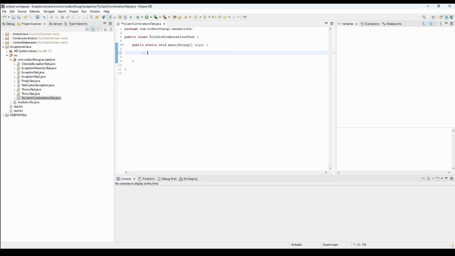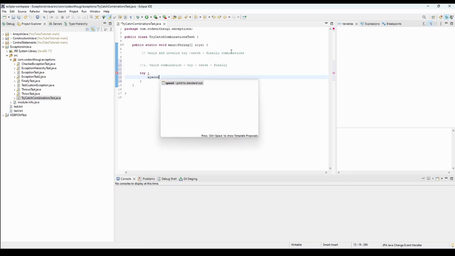As I said, in this video, we're going to discuss valid and invalid try-catch block combinations, and we have to include finally also. First, we will see a valid combination: try, catch, and then finally. In this video, I'm not going to write any sample programs, I'm just going to discuss all of this with sysouts. In the try, I'm going to have a sysout like "I'm in try block",